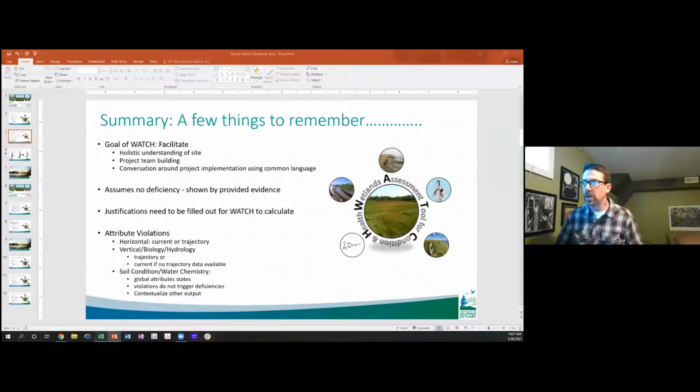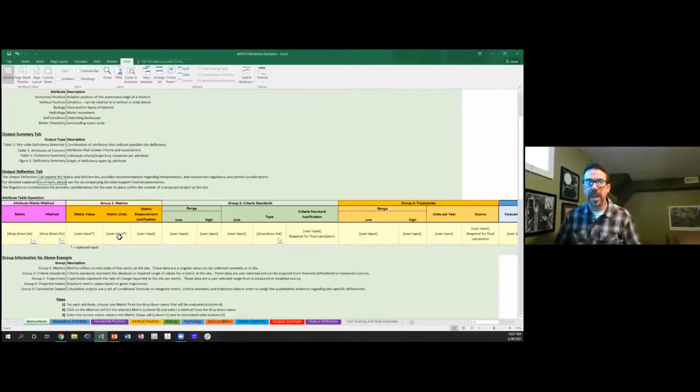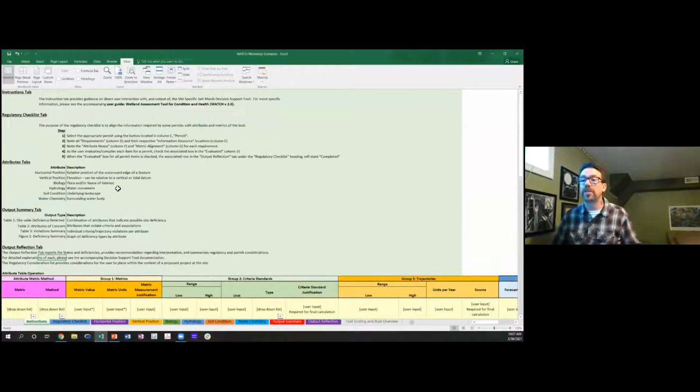So right now we're going to go into Watch and take a look at what is included in the tool. The first thing you'll see is along the bottom, we have a series of tabs. The first tab is our instructions tab. A user guide was provided with Watch, but it's not always easy to flip through a user guide where you're trying to use a specific tool. So we've included an instructions tab here to flip back and forth between, which includes a lot of the basics. Some of the definitions are described here,